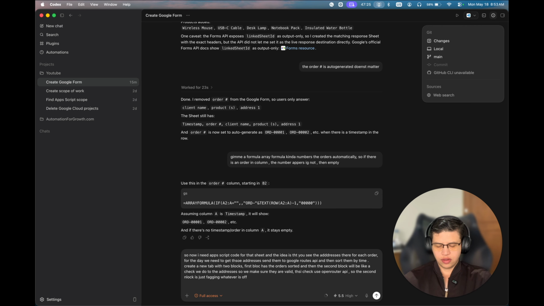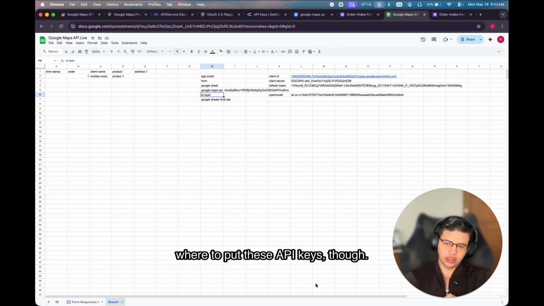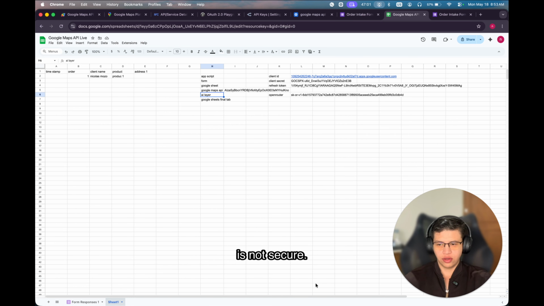And then, what I'm thinking is where to put these API keys though. Because there are two ways of saving this: one is the secure way and the other one is not secure. So I guess let's do it the secure way, which is putting these API keys in